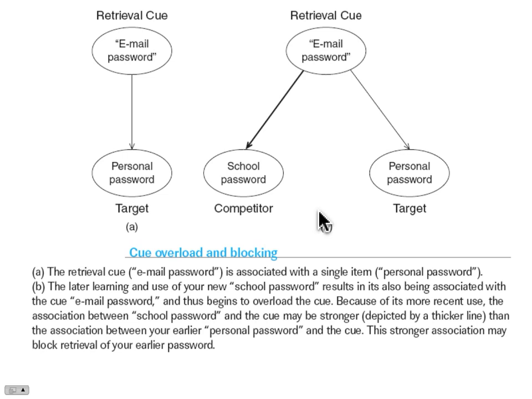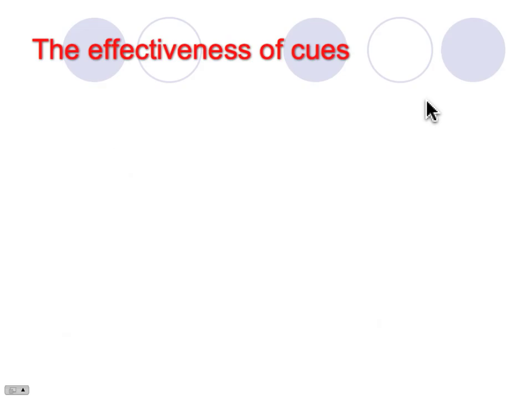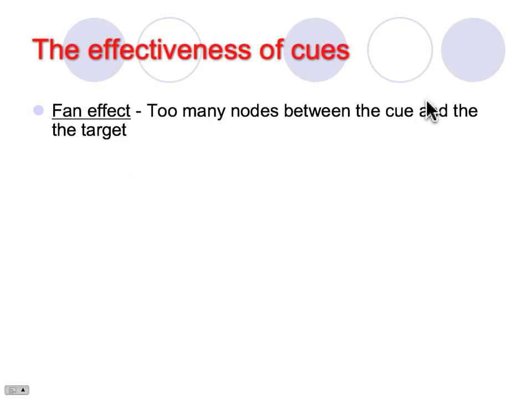I guess a similar example would be if I asked you for the last name of one of your friends named John. If you know a lot of Johns, it's hard to remember the last name because there are so many targets associated with that cue, John, unlike Abraham Lincoln, where there's a very strong degree of encoding specificity. And you can also have the fan effect, which is too many nodes between the cue and the target. So what the fan effect is